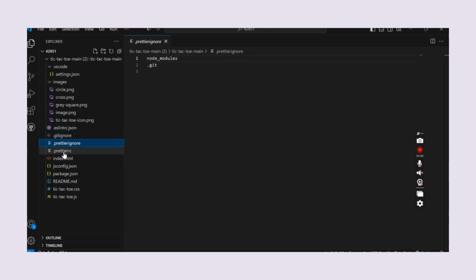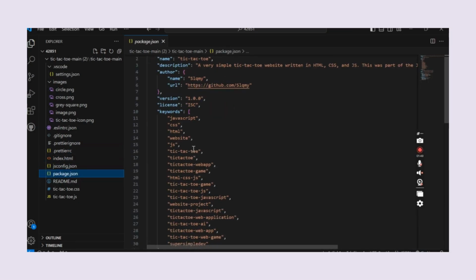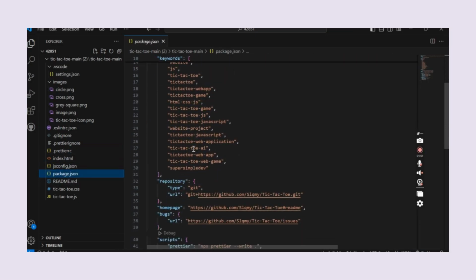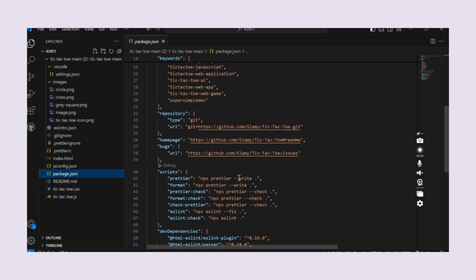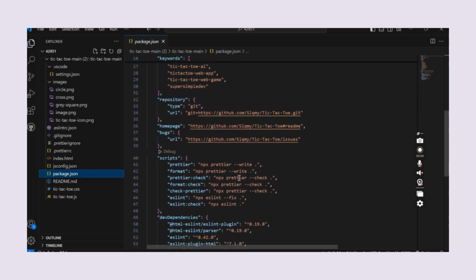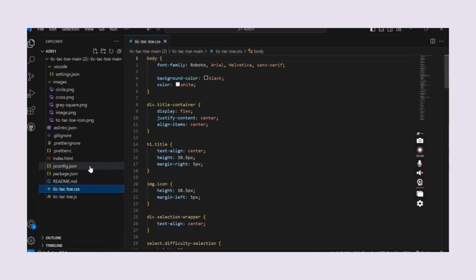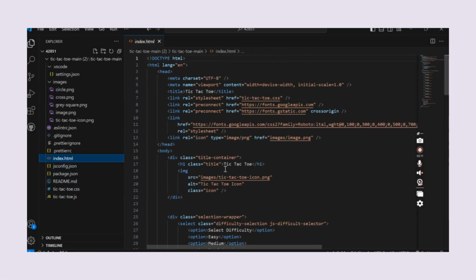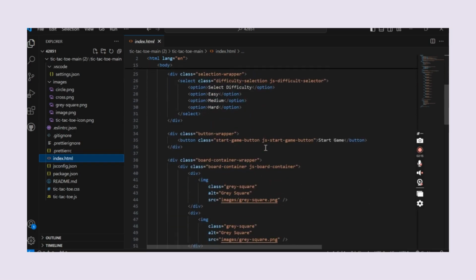Then you can see different types of languages and code which I had used. I had pushed the same code to GitHub also, through which I am able to run this application. Now you can see the main code, the file structure: index.html, which contains the basic structure and layout of the game. Then you can see the tic-tac-toe.css that defines the visual styling and layout of the game board and